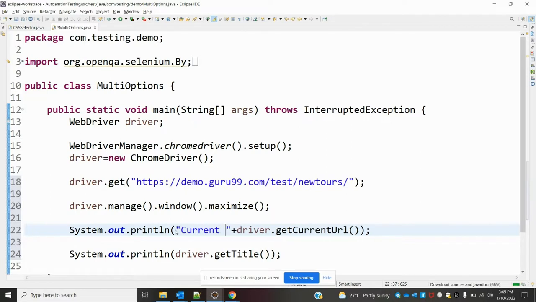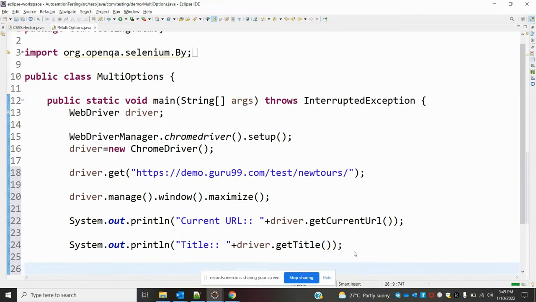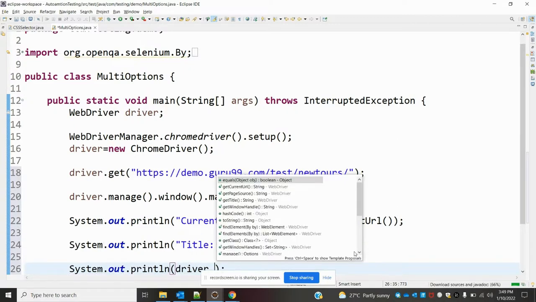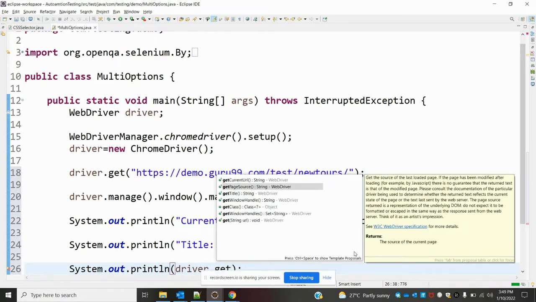Then here, getting title. Then we need to get the source: System dot out and driver dot get page source.